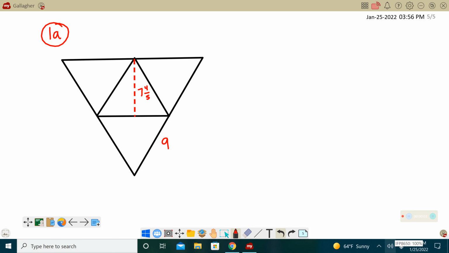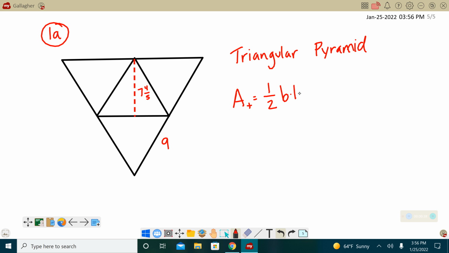In each of these, you are trying to find the surface area of the net. So if you were to fold this piece up, it would create a triangular pyramid. And to find surface area, you have to find the area of all of the faces and then add them together. So the area of one triangle is found by doing half of the base times the height,